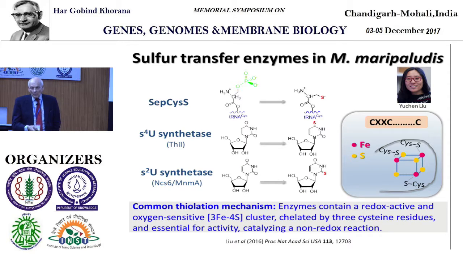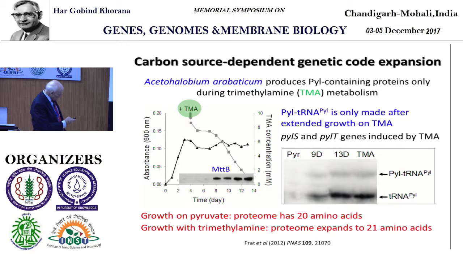And simply to show you how much more complex it is, the enzyme, for instance, 2-thiouridine synthase or 4-thiouridine synthase, this is an enzyme in cysteine metabolism, they actually require iron sulfur clusters. And these are unusual iron sulfur clusters, and they are essential for enzyme activity. So if you would like to really have the code properly expressed, you have to see that even the iron sulfur clusters are properly inserted. I simply want to show you how many different instances come together for maintaining the genetic code.